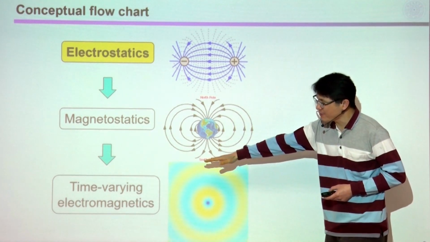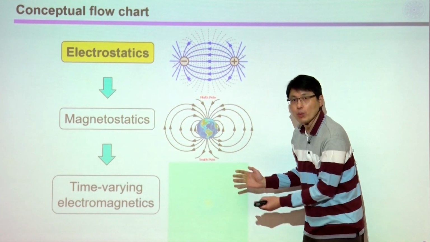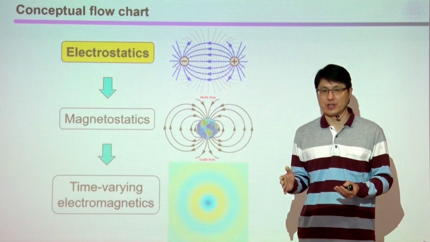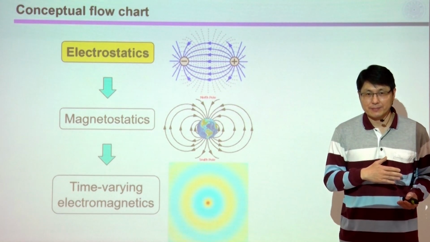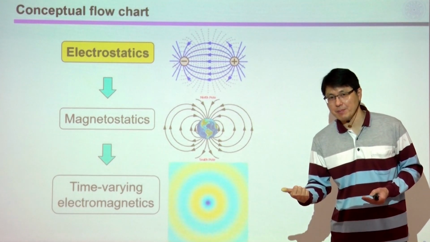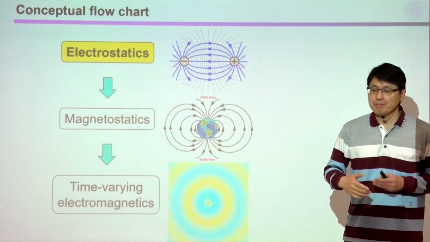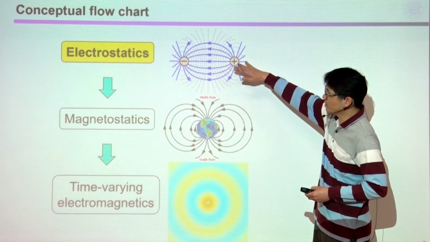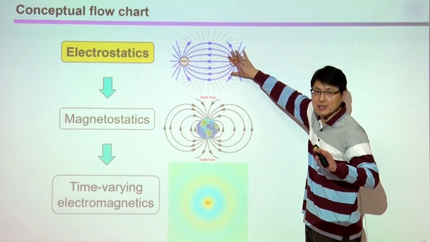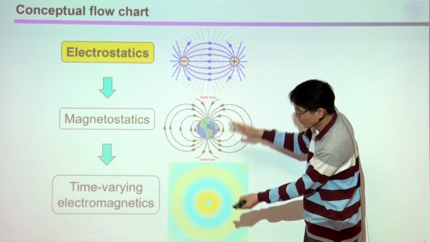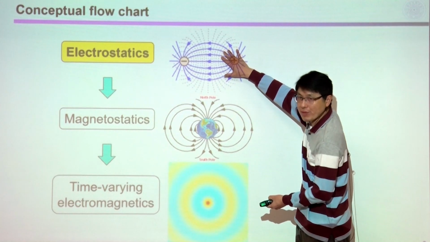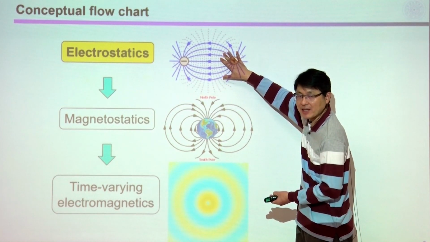So when you have time variation, you really have a wave. Right? Think about the transmission line you learned. We have a wave. A wave depends on time and location. But it is easier for us to understand static, meaning there's no time variation. So in the end, we want to understand how a wave behaves, but before that, we need to have a deep understanding of the